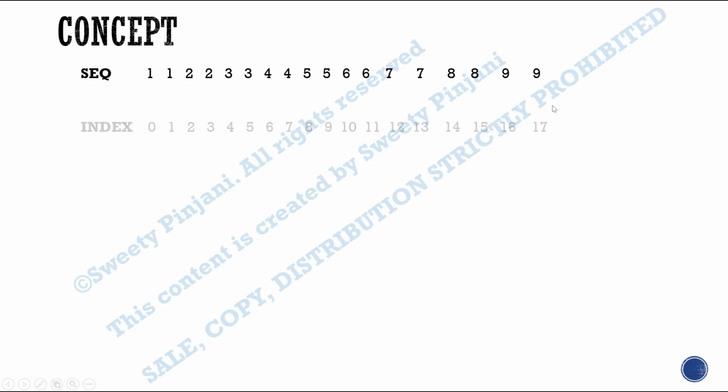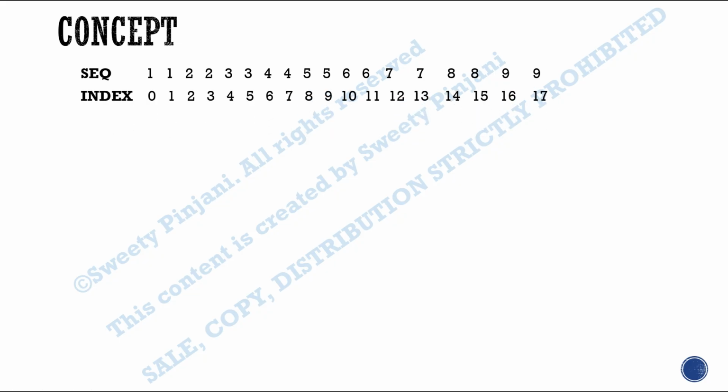Let's first understand the concept of this sequence. If you observe the sequence properly, 1 1 2 2 so on up till 9 9. First, let's also give the index to these values. Total, you can see I have 0 to 17. It means the total number of indexes will be 18. This is one thing which I have derived. Total number of indexes is 18. It means my array size, whatever I am taking to put the sequence in, it will be 18. This is one thing I have derived.